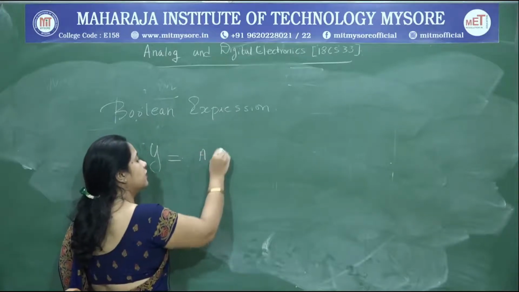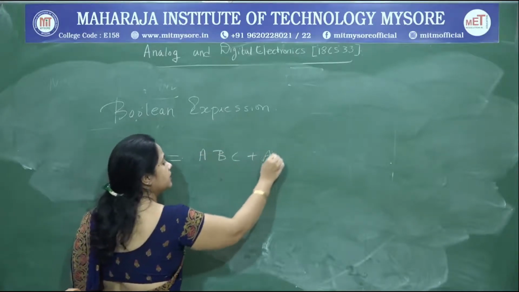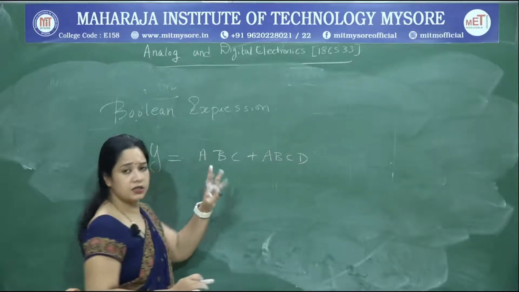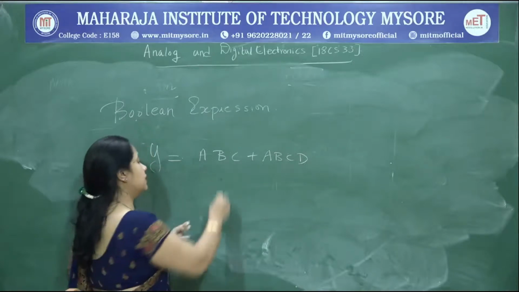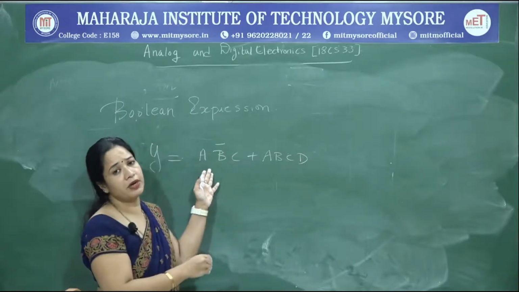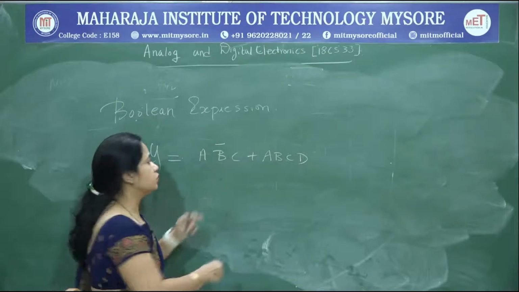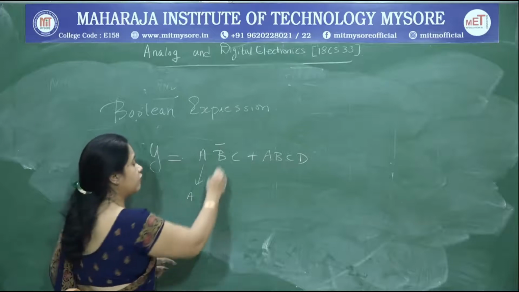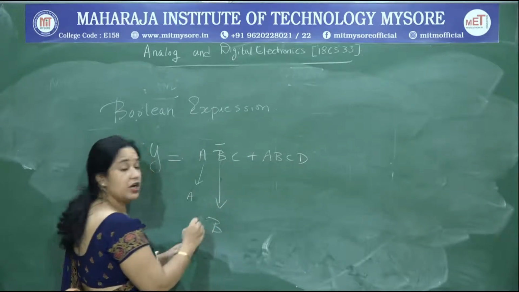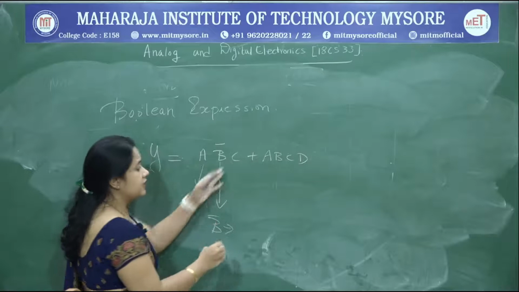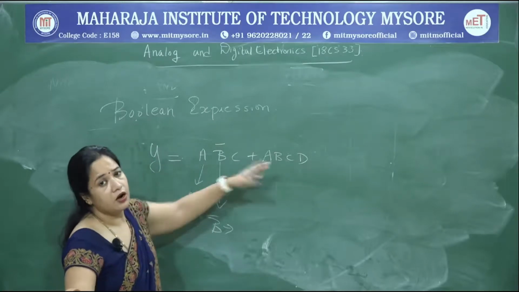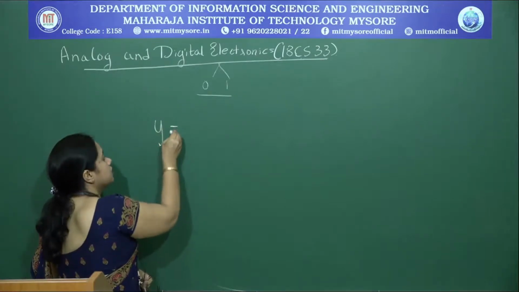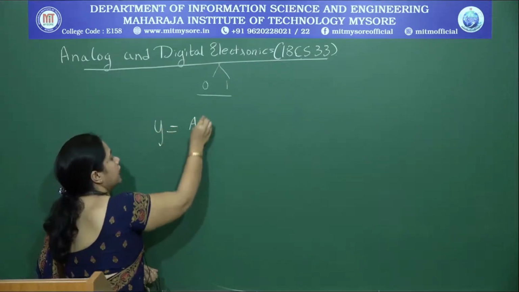So inputs, we will call them A, B, C, D. So what we have is the inputs. Here there are 4 inputs A, B, C, D. The inputs are either in their complemented or uncomplemented form. So we call them literals. So A is called a literal in its uncomplemented form, and B is another literal in its complemented form, C is in uncomplemented form, and so on. Say for example, this is an example of a Boolean expression.